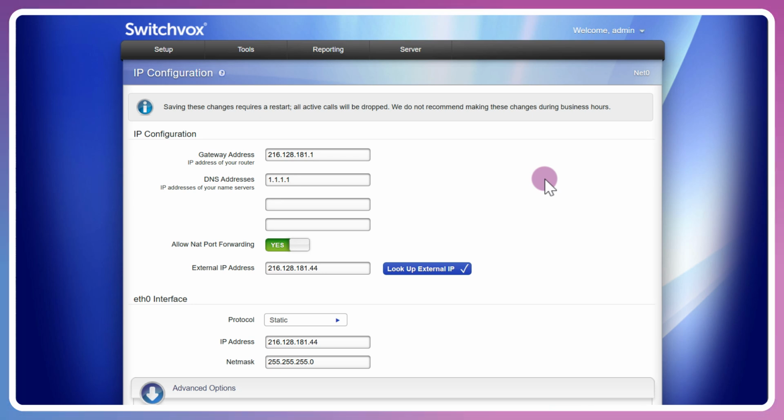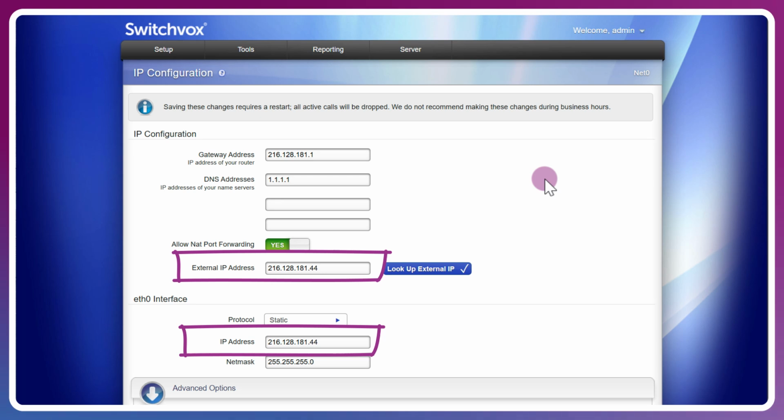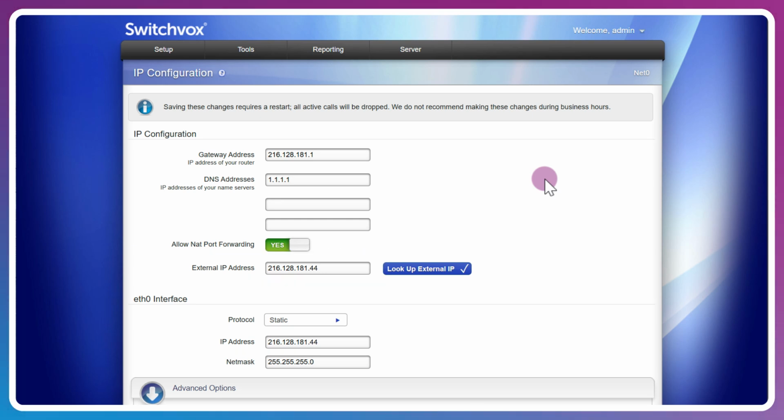In addition, being able to reach the IPs listed here must be allowed on your external firewall and also through the access control on the Switchvox, which is Switchvox's internal firewall, which we'll look at later in this video. While this information is assigned by DHCP, whether it's dynamic or it's a reservation that you set up before provisioning the Switchvox or entering in that static IP from the initial installation, that's what should be reflected here.